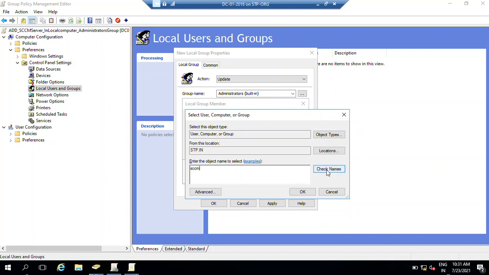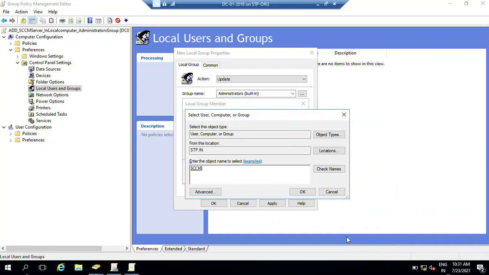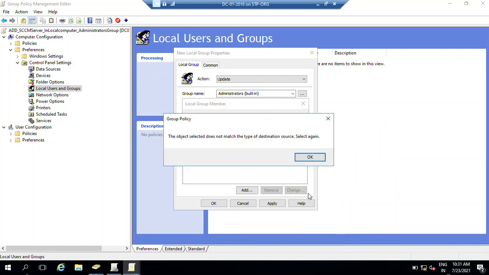So select the server, click OK, again OK. So you will get this error, this object selected does not match the type of destination source, select again.